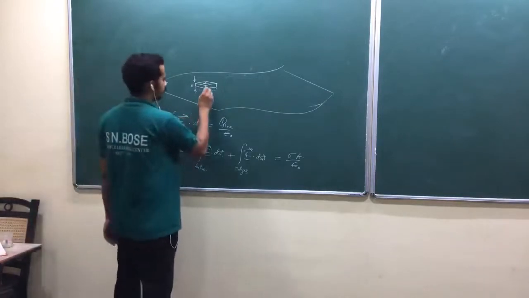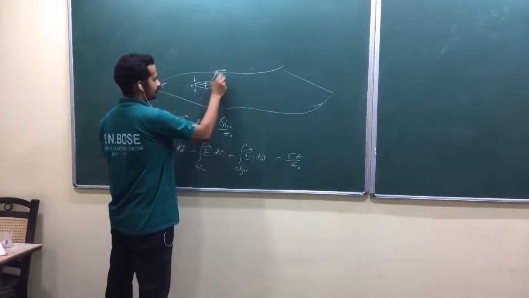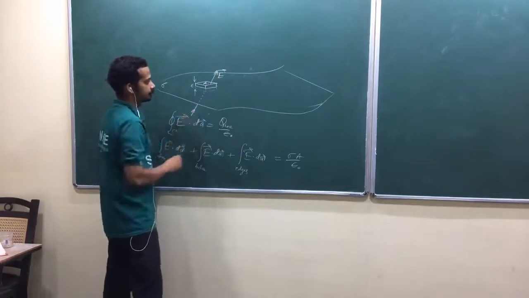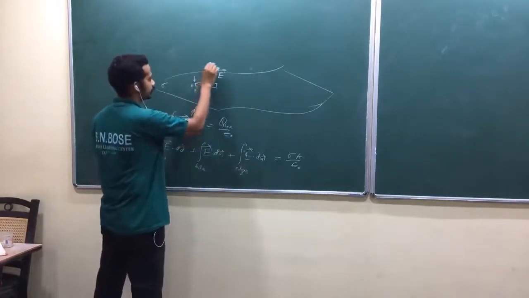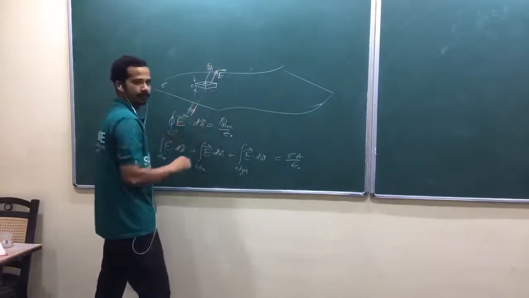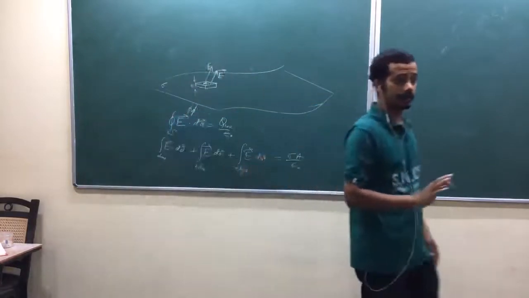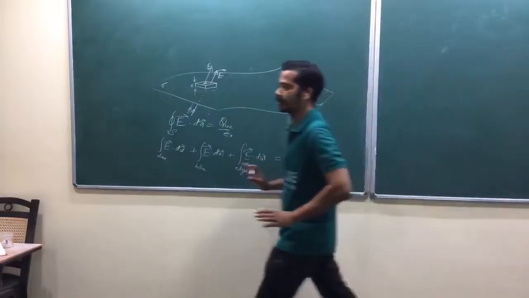Yeah, let me write it like this. Okay, the electric field will be like this, suppose, above and below. Near that region, the electric field will be like this. So let me assume like that. Don't take the Gauss law idea. Okay, don't take the Gauss law idea. Suppose, let me assume the electric fields are like that.